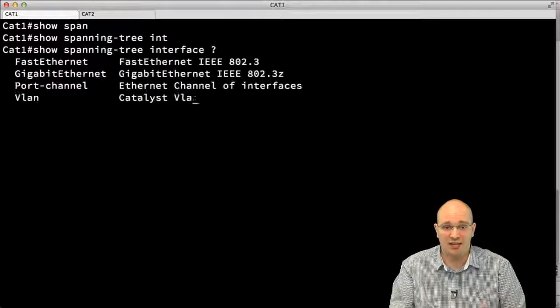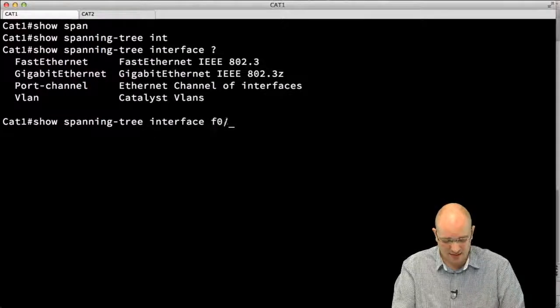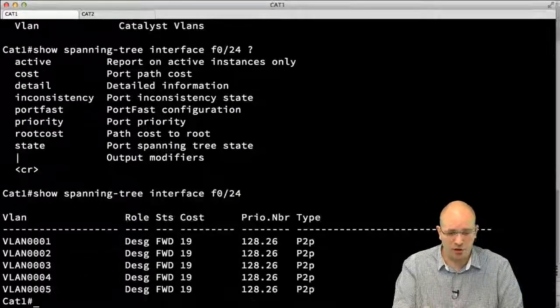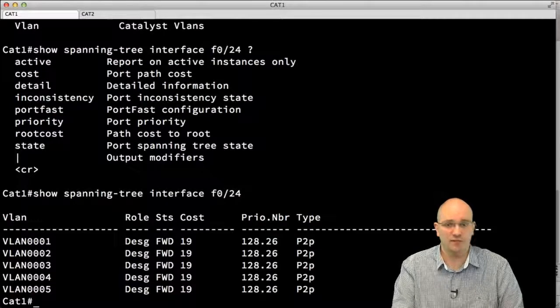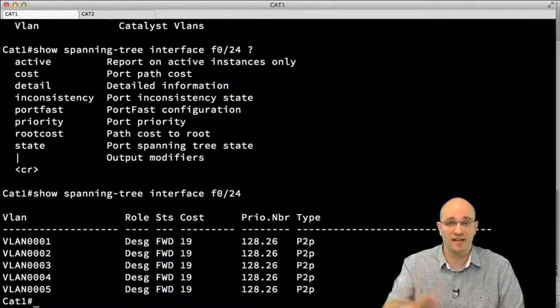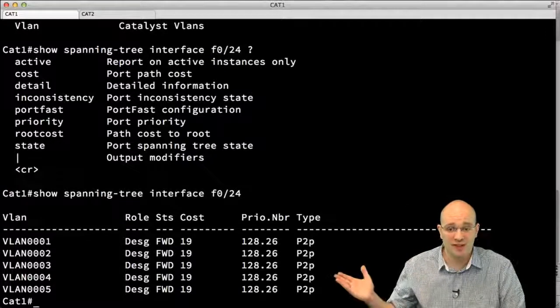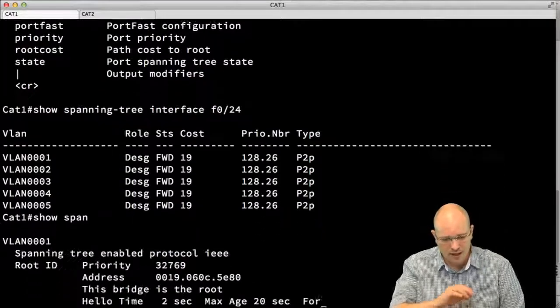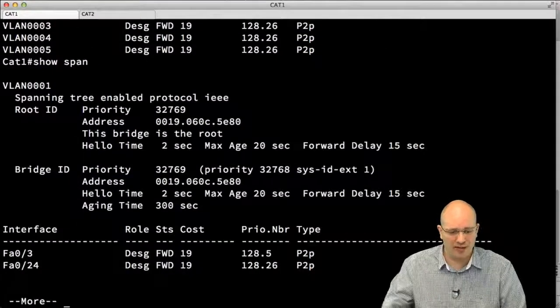I can say show spanning tree interface and specify on which interface I want to see this information for, and if I press just enter, I'm going to get a summarized output here. So I'm going to get the information of how spanning tree operates on this particular interface in a summary form. As you can see, this is a very similar output to the one from show spanning tree. It's basically this information here,